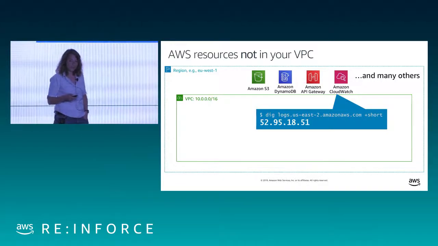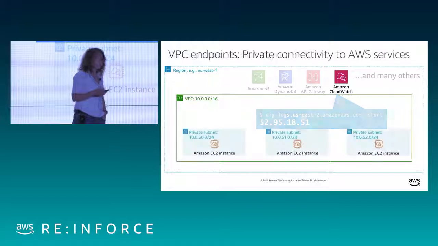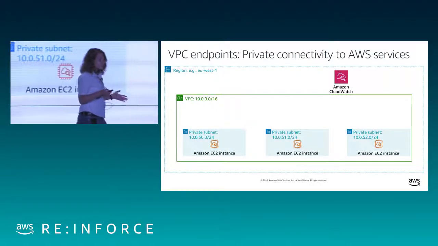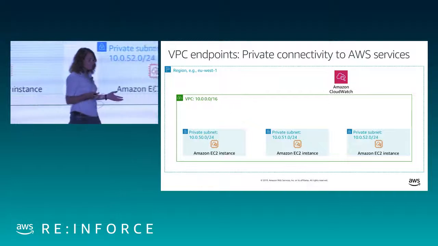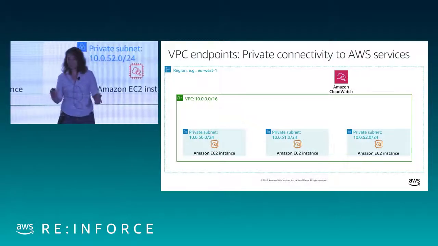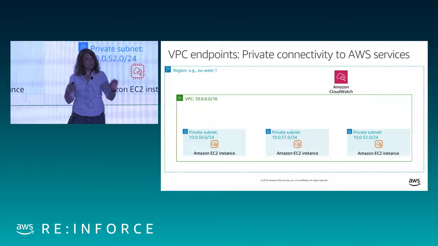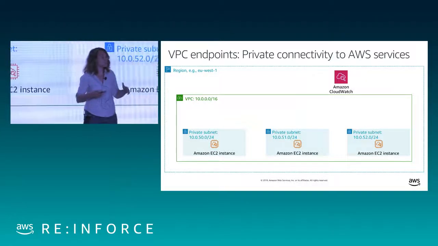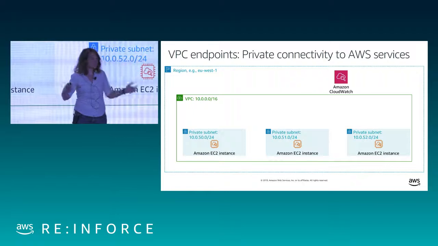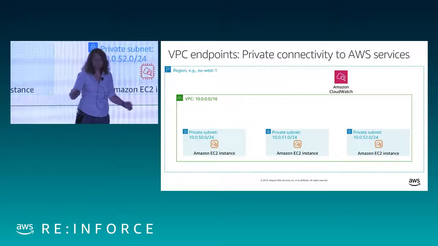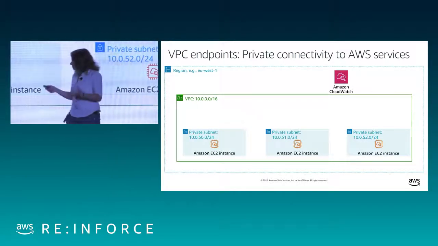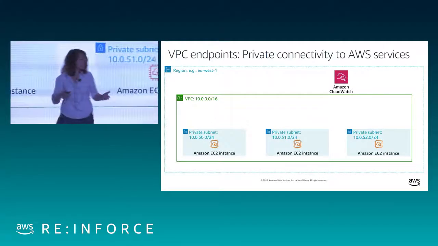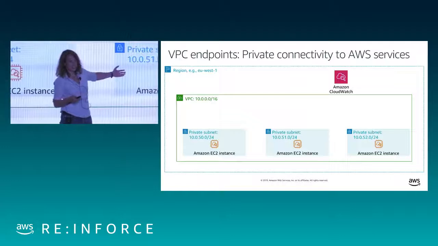Okay, so how are we going to get connectivity to that? We just got through talking about how in our private subnets, there's no route to the internet. Right now, you can make a route to a NAT gateway, and that'll work. But you might reasonably ask the question: why do I need routability to the internet just to talk to my own stuff in AWS services? And this comes up all the time. For example, here on this picture, I'm running an application on EC2.